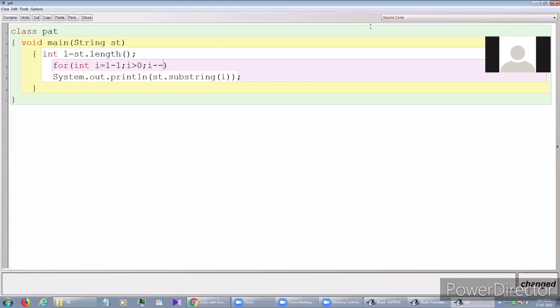The thing is that if I change the pattern of the loop, that means the sequence of the loop as well, then the pattern also changes.